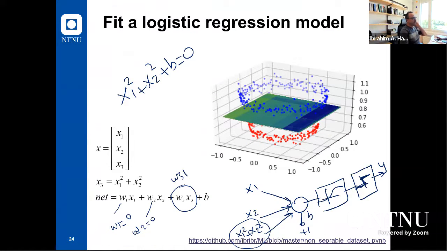Yeah. So we will try to fit logistic regression. So in this case, when we try to fit logistic regression, just imagine that omega 1 equals 0 and omega 2 equals 0, and omega 3, for example, equals 1. So what will be remaining? It's this equation, right? What will be remaining is